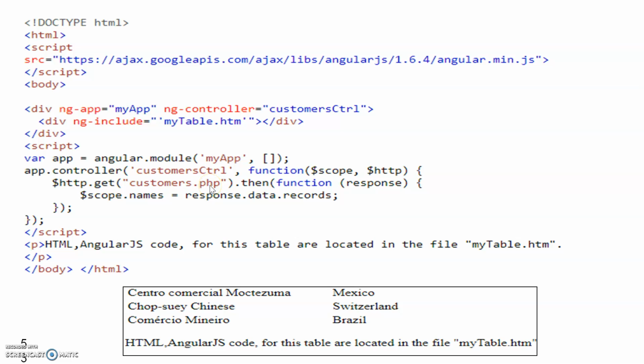From that values will be retrieved, and the scope values will be set, and those will be displayed with the mytable.html. So contents from mytable.html will be updated. These contents will be updated with this controller using ng-include and controllers.